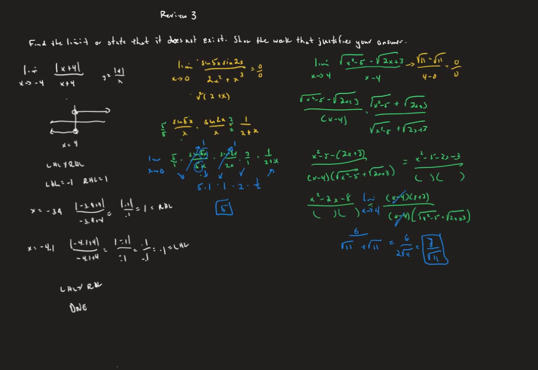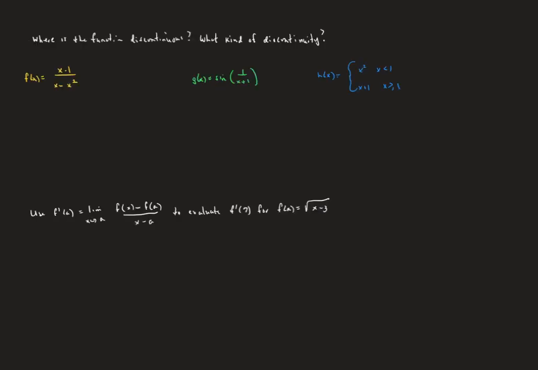All right, on to the next panel. Let's see what we got here. So here we want to know where the function is discontinuous, and then what kind of discontinuity it has. So if we notice that we can factor an x out of that denominator, and now we can see that it is possible for these 1 minus x and x minus 1 to cancel to leave a negative 1,